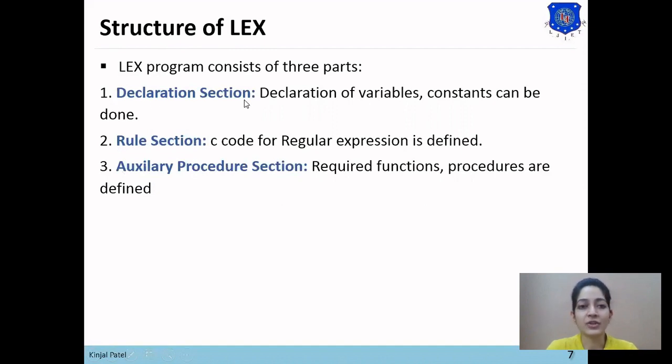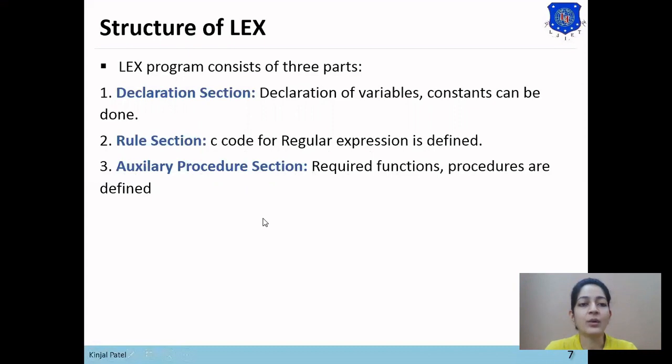The first one is the declaration part, where declarations of variables and constants will be done. The second part is the rule section, where the C code for regular expressions will be defined. And the third part is the auxiliary procedure part, where required functions and procedures will be defined.